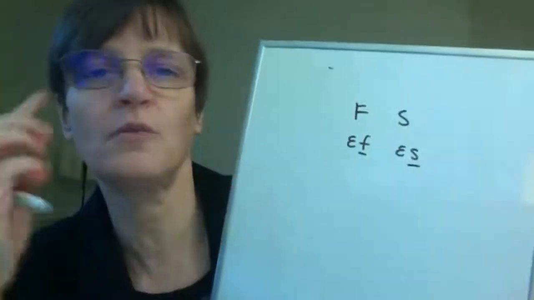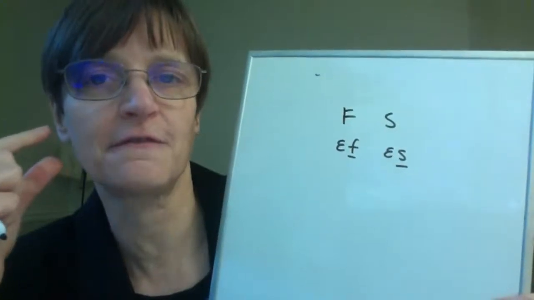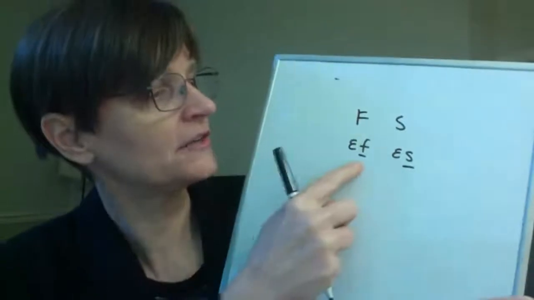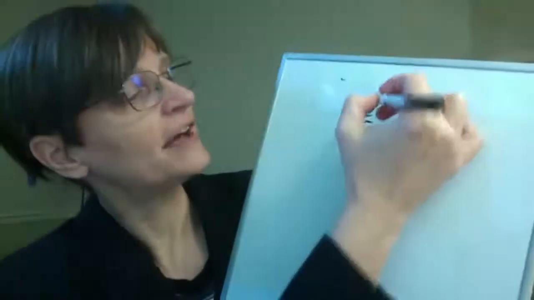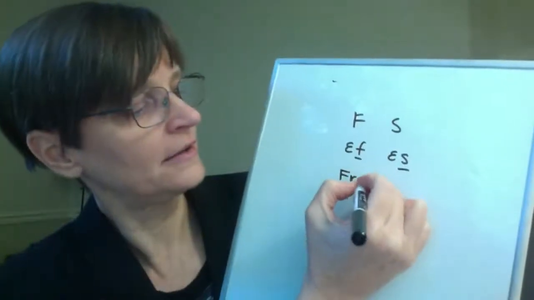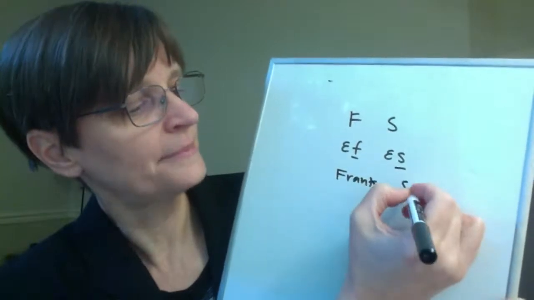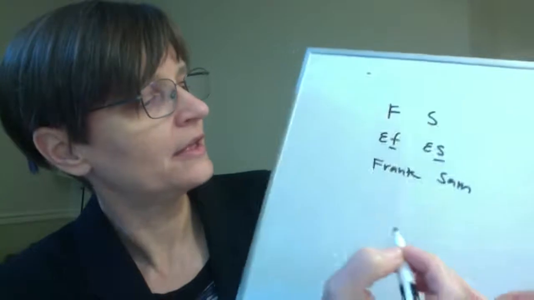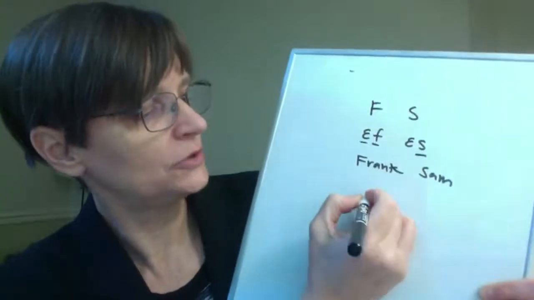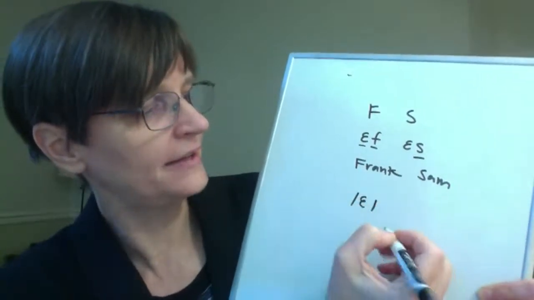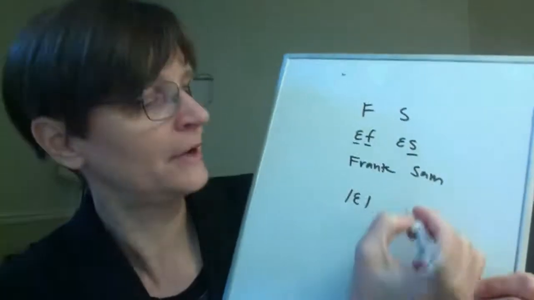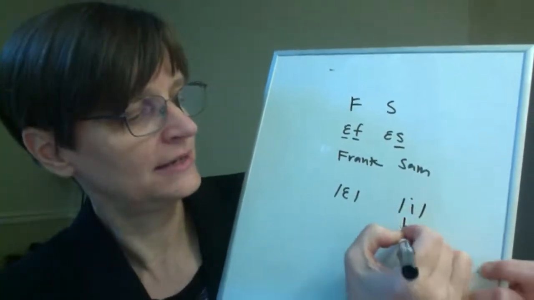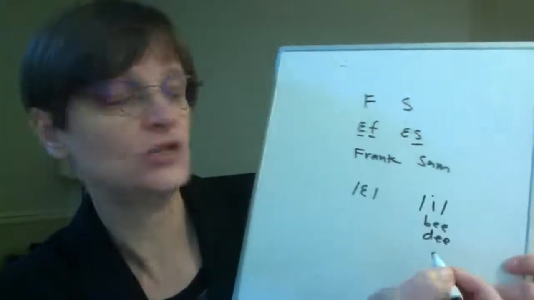But over the phone, what we're really hearing is that noise, that F or S. The noise is very similar, and so it's very hard to hear the difference there. So you might say F as in Frank and S as in Sam when you're spelling those letters. And again, paying attention to most letters have an sound, like N, F, M, or an E sound, like B, D, C, G,